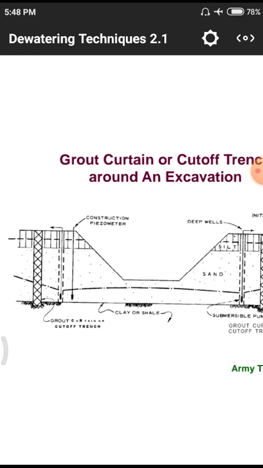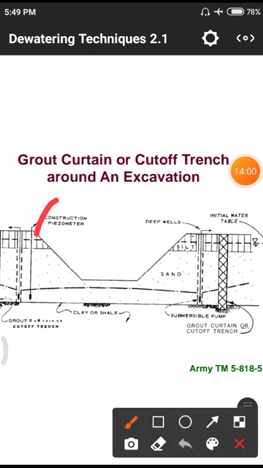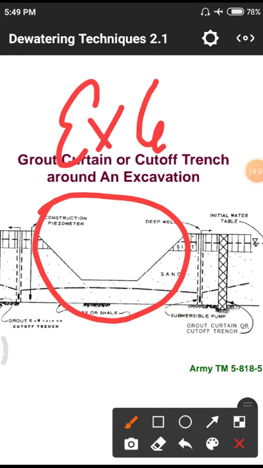After that we are constructing different walls to control the entrainment of the groundwater. These are the different techniques, grout curtain or cut off trench around the excavation. That means in the middle part itself we are having a huge amount of excavation. That is the total part of excavation. Around this excavation part we are constructing a particular trench. Normally for fields and others we are using these trenches.